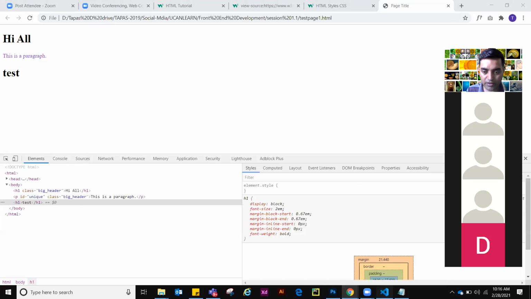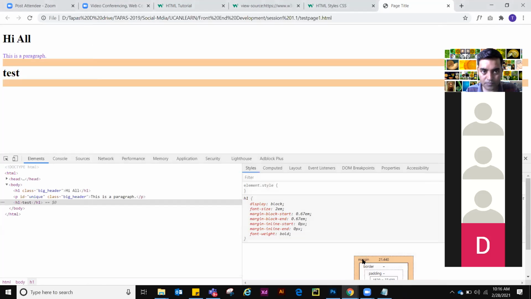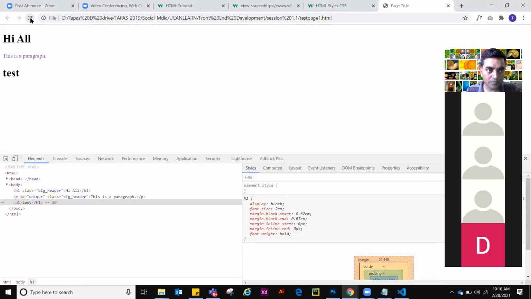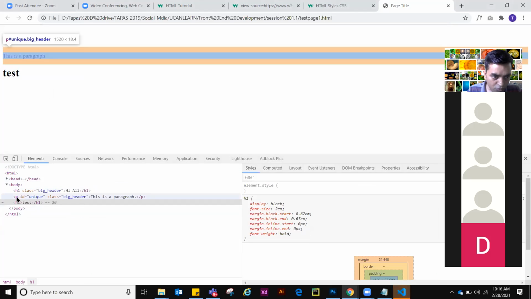I think the page is not getting refreshed properly. There is an issue. The page is not getting refreshed properly.